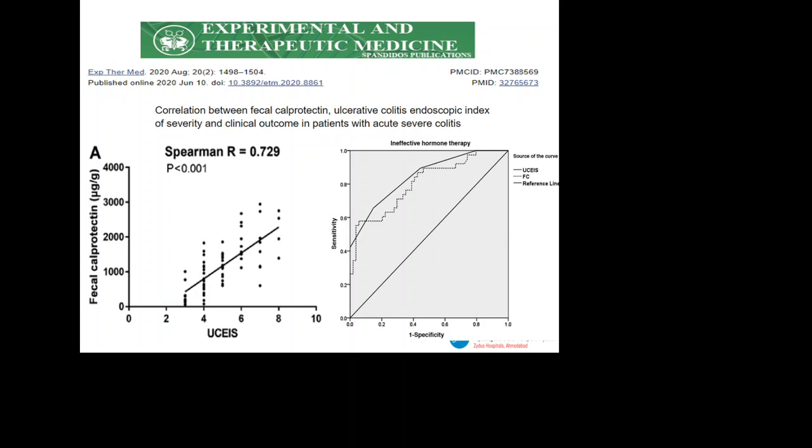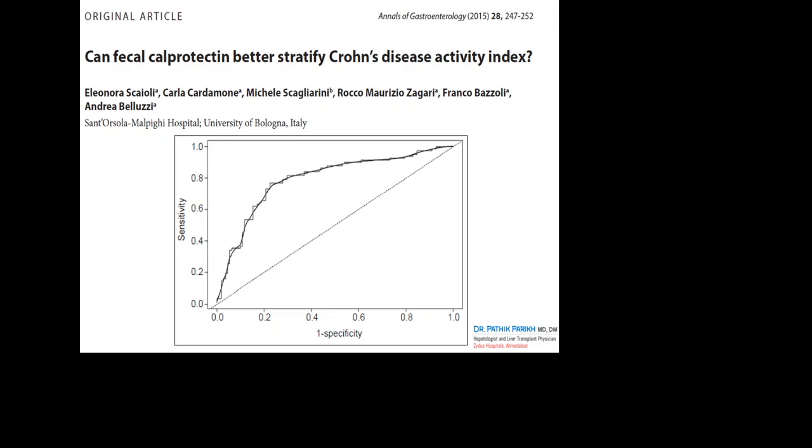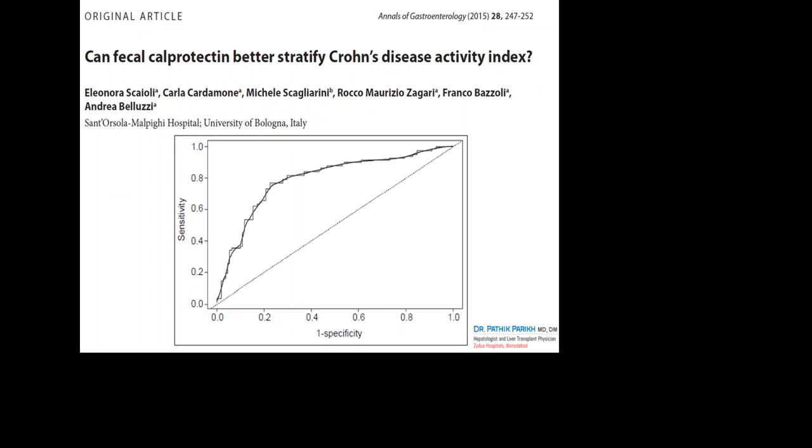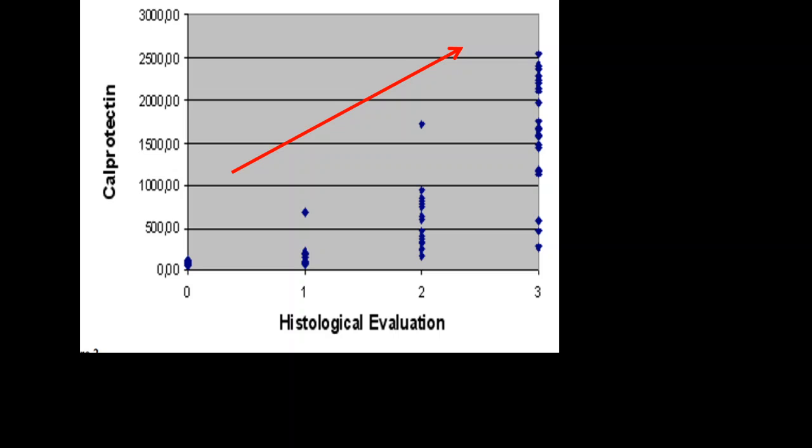When we correlate with the disease activity based on the endoscopic index of severity, the fecal calprotectin has a linear rise with the rise in the severity of the endoscopy score, and you can see in the diagram on the right that the two scores nearly correlate, with a correlation ratio of R equal to 0.72. Similar is the picture with Crohn's disease, where in Crohn's colitis the endoscopic as well as the fecal calprotectin levels correlate with each other, and with the increase in histological severity,